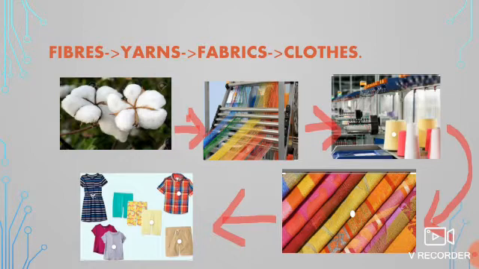Now children, move to the fourth picture, that is of fabrics. You can see an arrow mark is given. So fabrics are pieces of cloth that we use to make our clothes. And finally, the last picture is of clothes we wear. That means the yarn is interwoven to form pieces of fabric, as baskets are made using strips of bamboo or palm. Similarly, yarn is interwoven to form pieces of fabric that can be cut and stitched to make clothes.